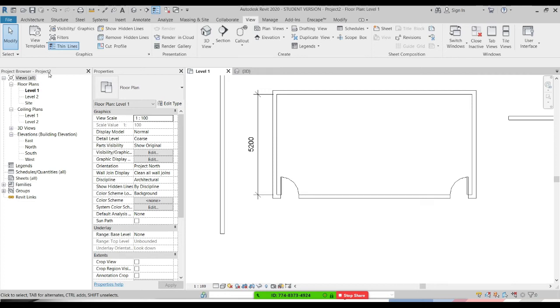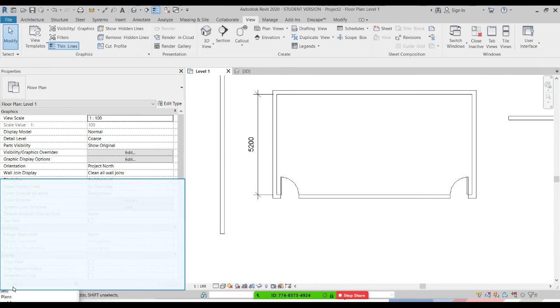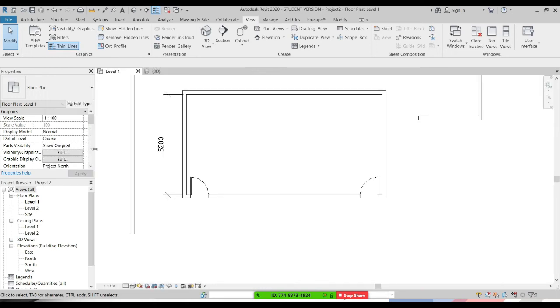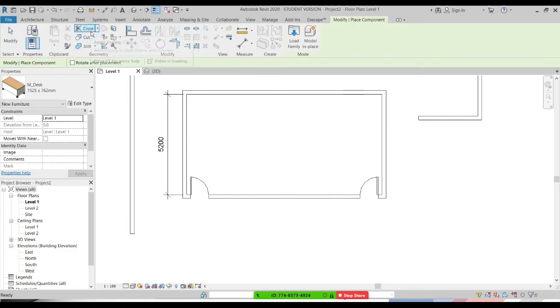Put them on top of each other. You just have to drag it until you see the location that you need, like that. It's a bit tricky in the beginning, but you'll get used to it. All right. Thank you. Okay, going back to architecture, so we selected component, and now in the properties panel, you